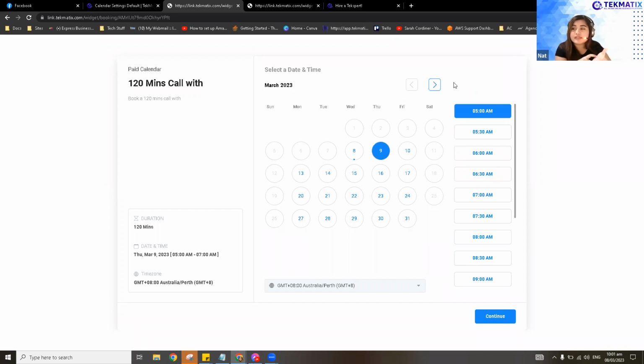If you don't want to mess up your personal meetings on your existing Google or Outlook calendar, you just need to do one-way sync. But if you want to put your personal bookings and other stuff on your TekMatix calendar, you can do two-way sync.